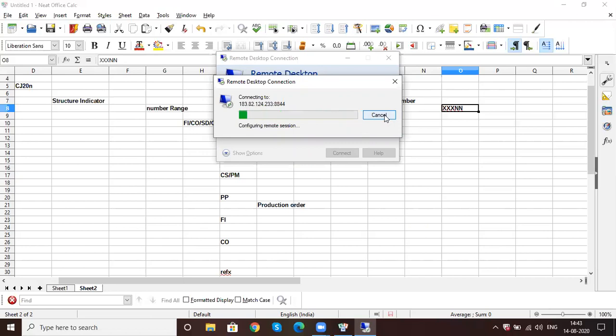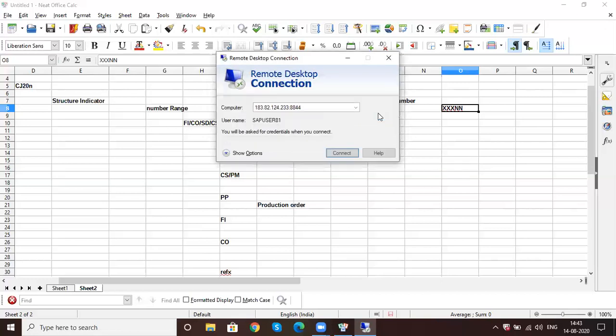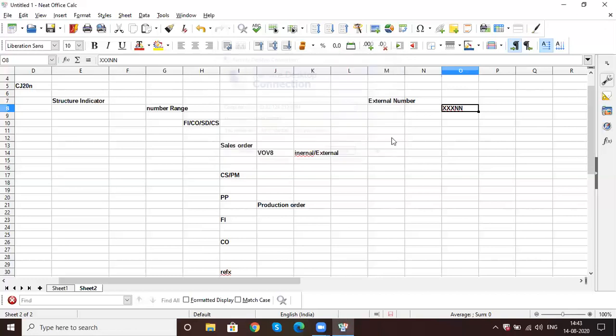No, sir, I think it's not connecting. Kiran garu. It is not connecting to the remote desktop itself, so maybe there is some issue.